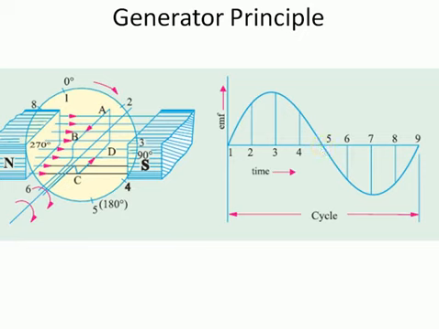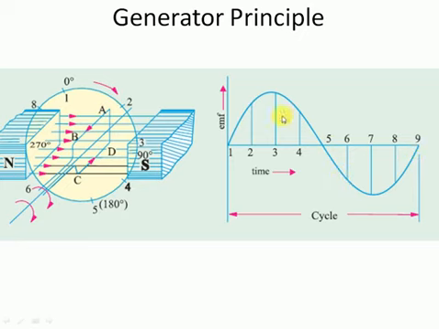Next we are going to analyze coil side AB's rotation from 180 degrees to 360 degrees. As I have already explained before, after 180 degrees of rotation, definitely the direction of current in that particular coil side will be changing. So from 0 to 180 degrees, if the direction of induced current in coil side AB was from A to B, then from 180 to 360 degrees, definitely the direction of induced current in conductor AB will be from B to A, which is represented as negative half here.